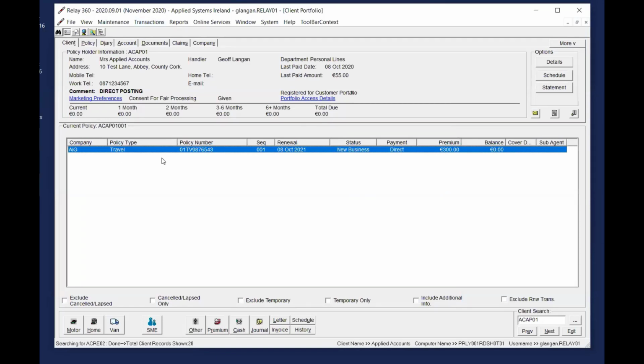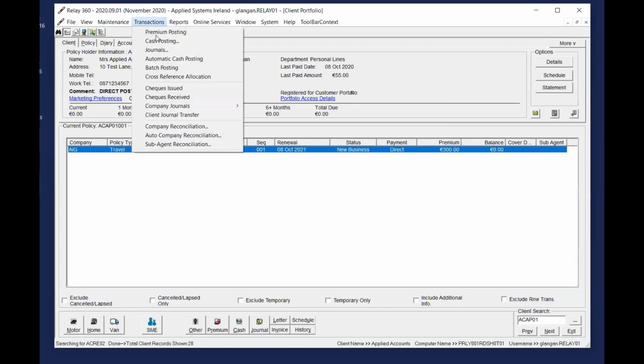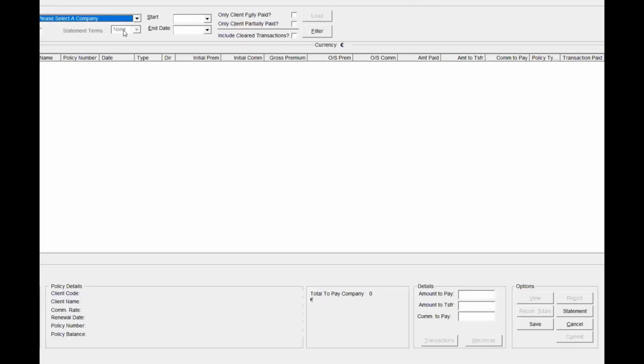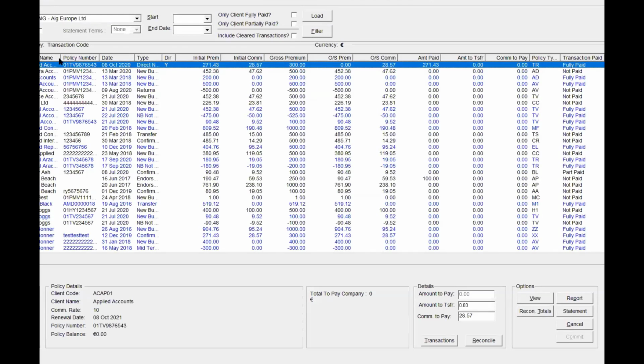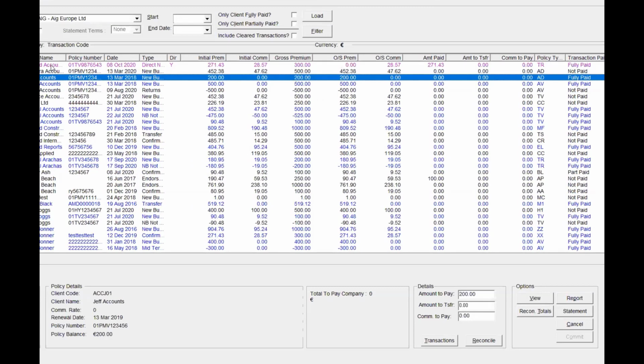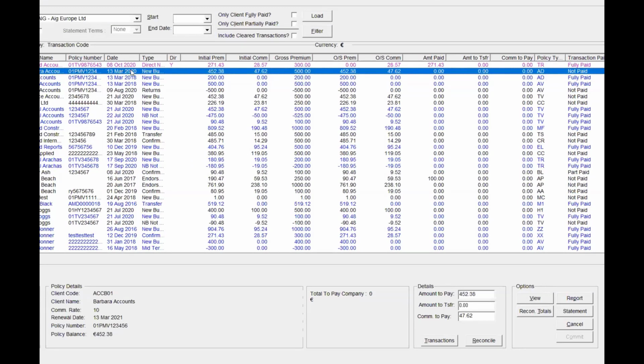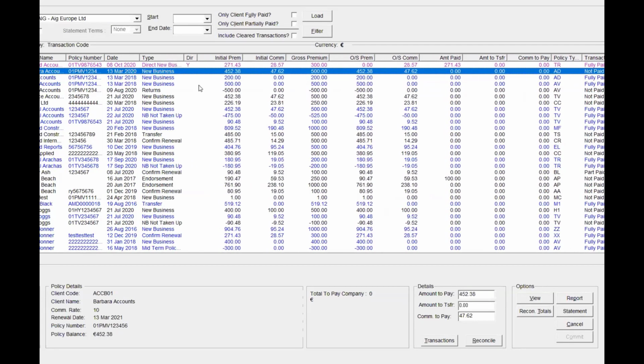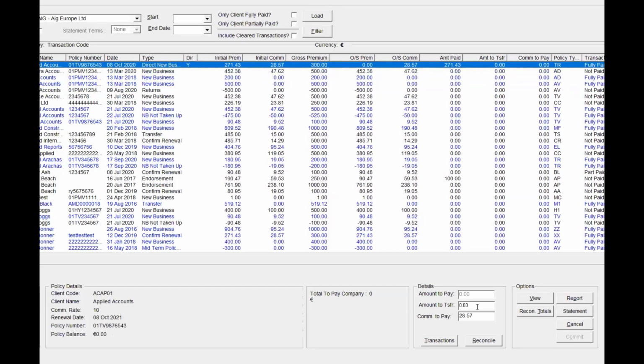If I go into the company rec for this one, just to show you how it looks a little bit different. So this is AIG applied. So company rec, AIG, filter, and you can see it there. There it is at the top, and it's in pink. The pink basically means it's on direct debits. And I've actually selected, you can see here at the base of the screen, it looks a little bit different. There's no net premium to pay on to the insurance company. All I'm literally doing here is just reconciling the